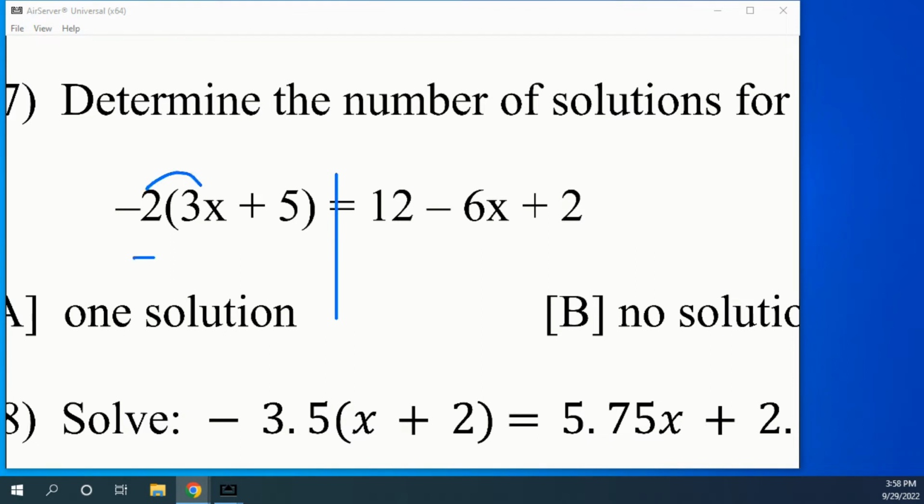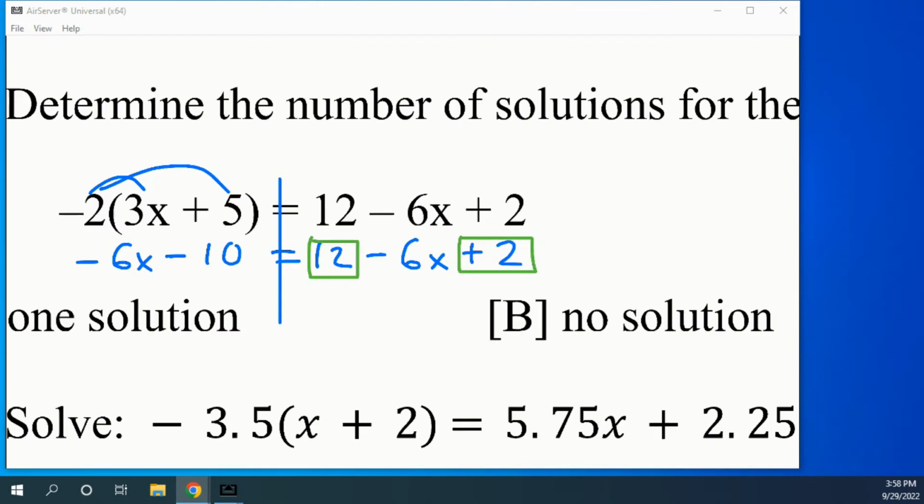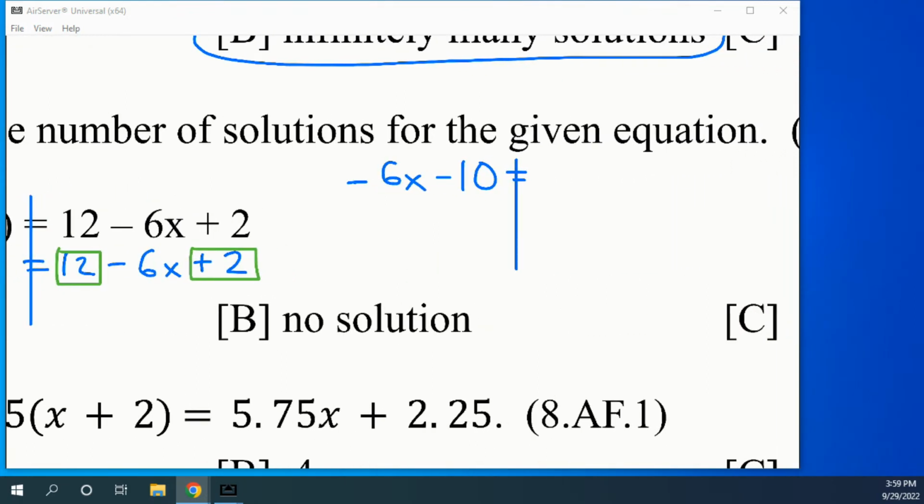Negative 2 times 3x is negative 6x. Negative 2 times 5 is minus 10. I'm going to bring down what I have on the right side. Then I have to combine like terms, which the like terms on this are 12 plus 2. I'm going to rewrite this to the right side. So bear with me on this. So this is going to be negative 6x minus 10 on the left side of our equal sign equals 12 plus 2 is 14